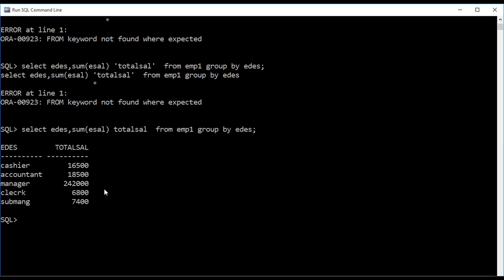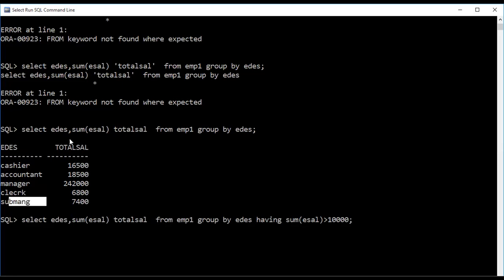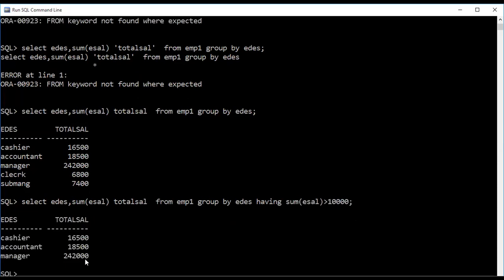So this is the condition, and HAVING. What is your HAVING condition? SUM of e_sal must be greater than 10,000. On this group only, I'm performing a condition with the help of the HAVING clause. Out of these 5 rows, if I press enter, see how many rows you are getting.